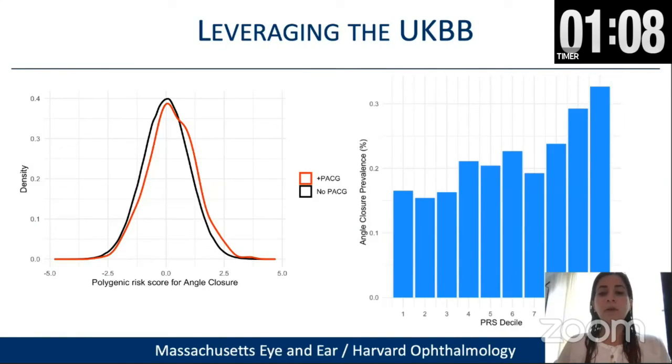With the advent of large-scale genomics and clinical data, we can leverage datasets such as the UK Biobank to refine genetic risk scores. Here we use the summary statistics from prior GWAS studies to generate a genome-wide polygenic risk score for primary angle closure glaucoma with relatively good performance. The area under the receiver operating characteristic curve of this PRS was 0.65 and increased to 0.7 with the addition of age and sex. We can also see here that the prevalence of PACG increases with each decile of polygenic risk for the disease.